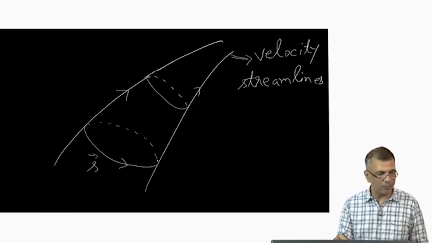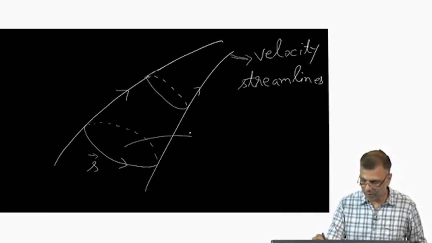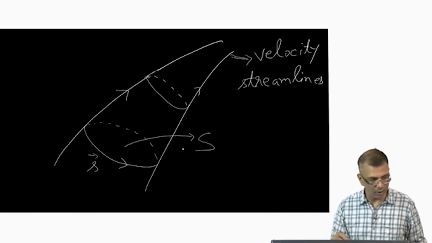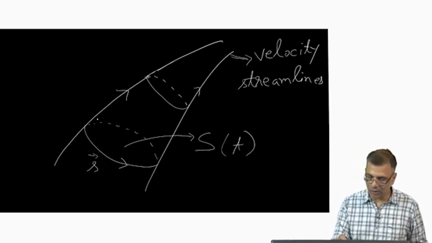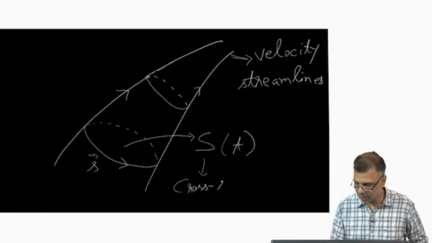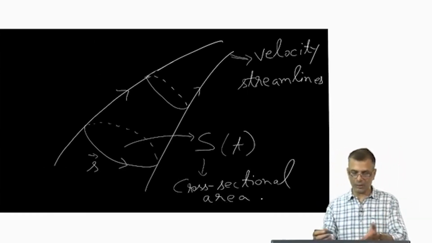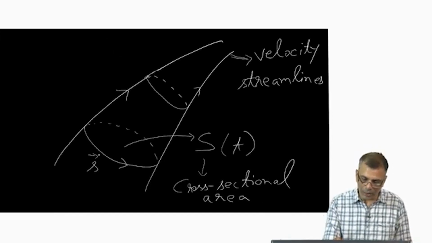And this would be a cross sectional area S of t, capital S. So the cross sectional area at time t is some S of t, and this little small s is